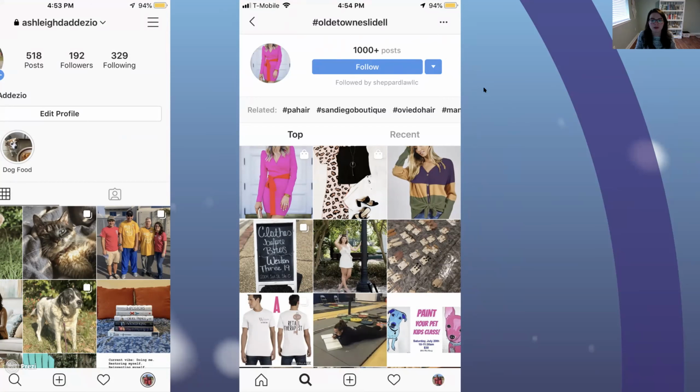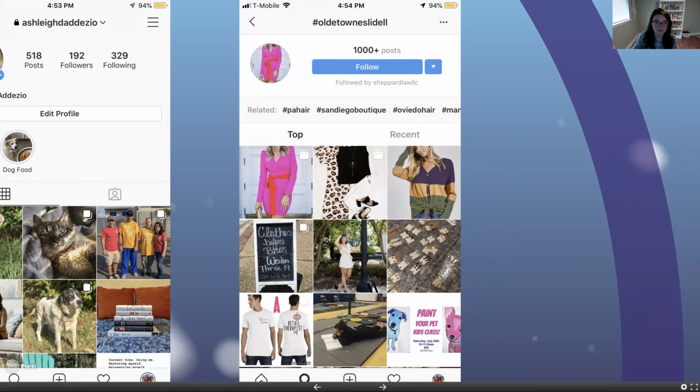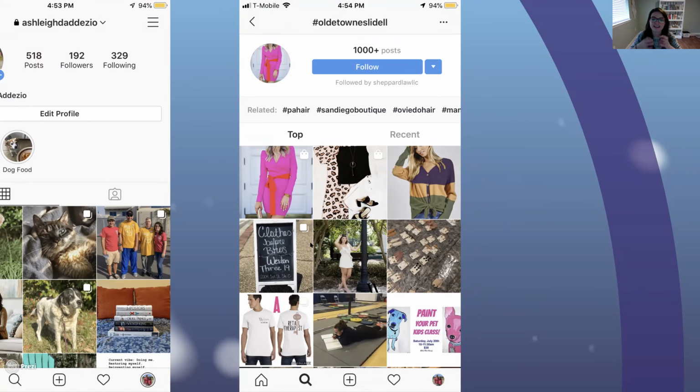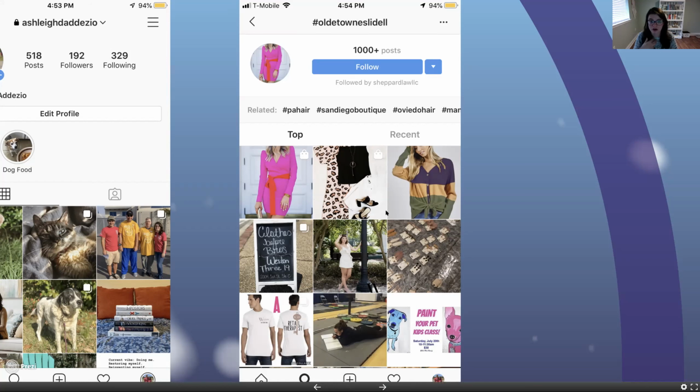Any public Instagram account that uses this hashtag, their posts are going to show up here in the feed, right? These are the top posts. These are the posts that have performed the best in that hashtag. They have the most comments, the most likes, the most engagement is what that's called. If you want to see what I prefer, the most recent, I want to see posts that were just used with this hashtag.